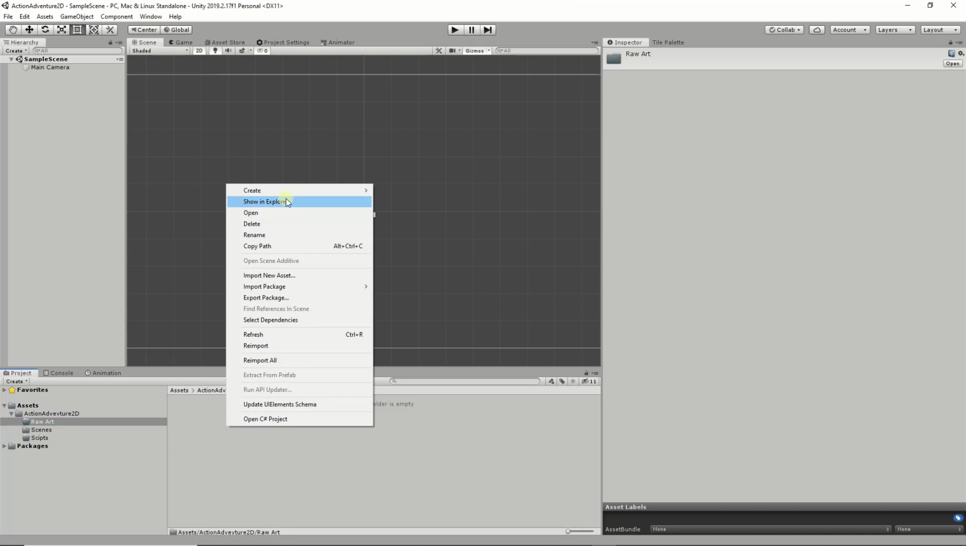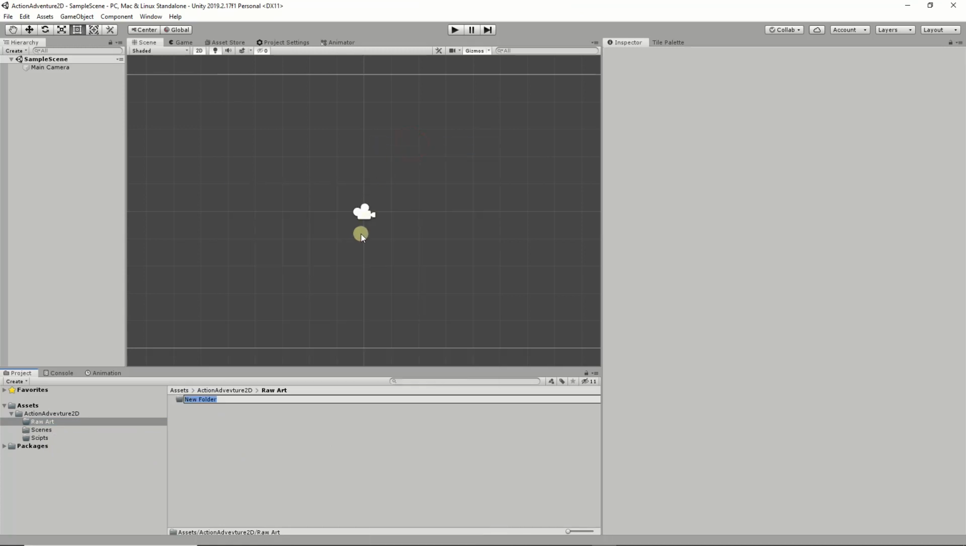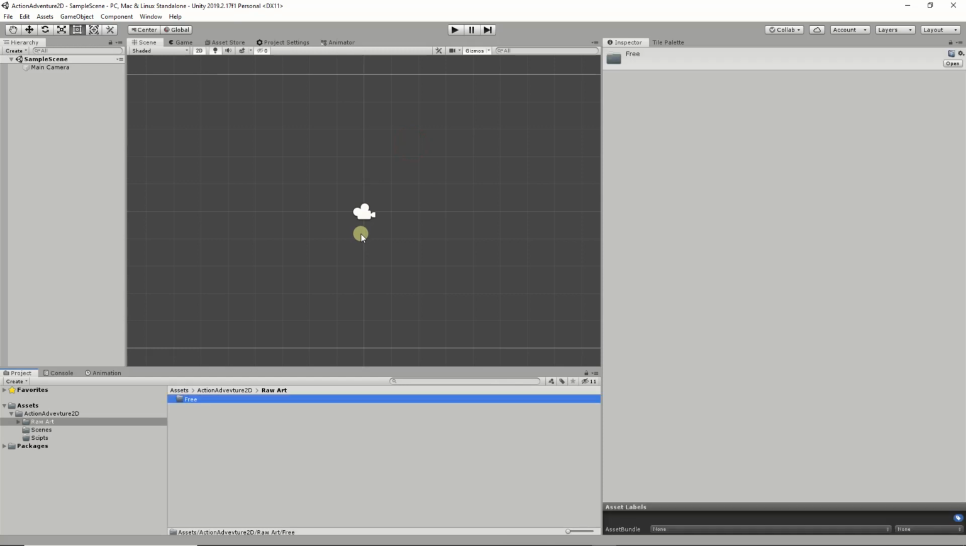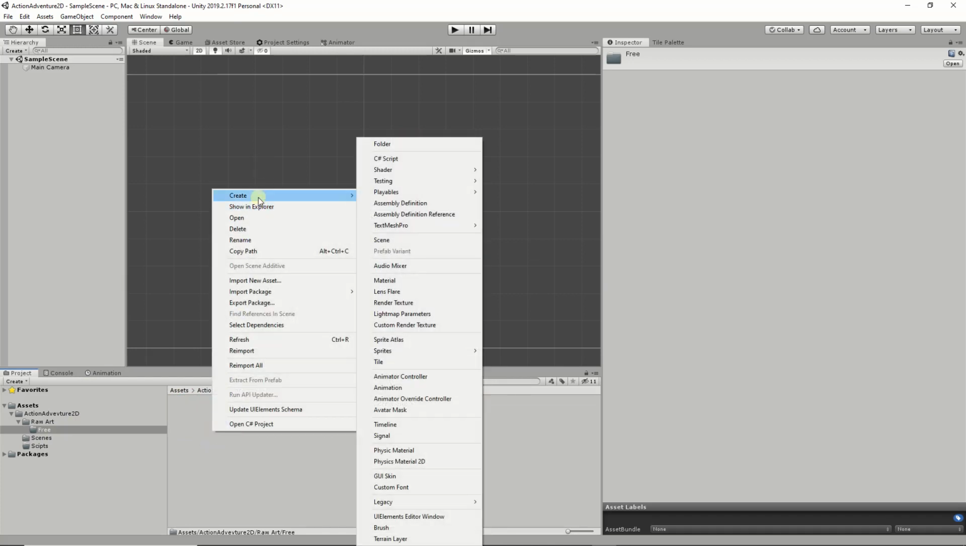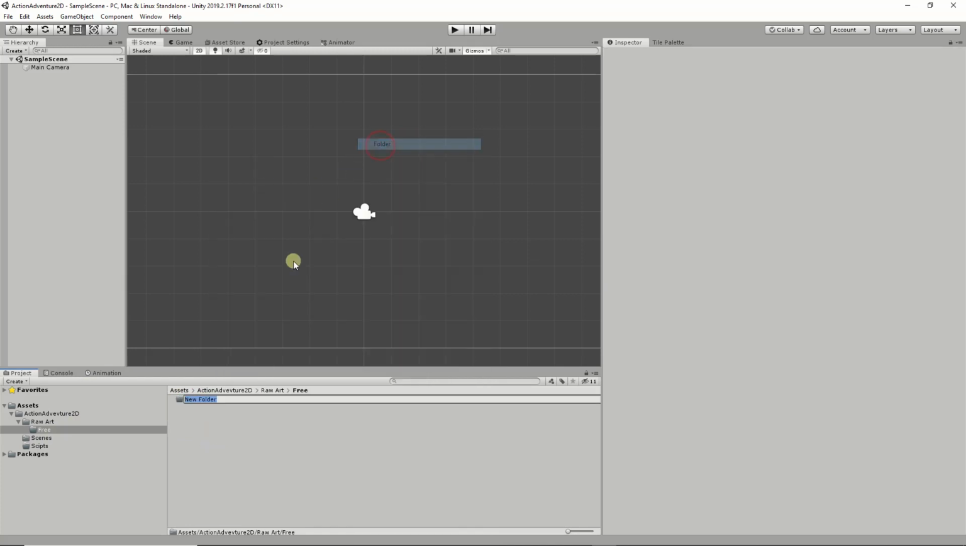We're going to create a folder. I'm going to call mine free so I can keep, because I'm probably going to be using some paid assets later, so I know which ones were free and which ones were paid. And in the free assets folder, I'm going to create a folder called Zelda